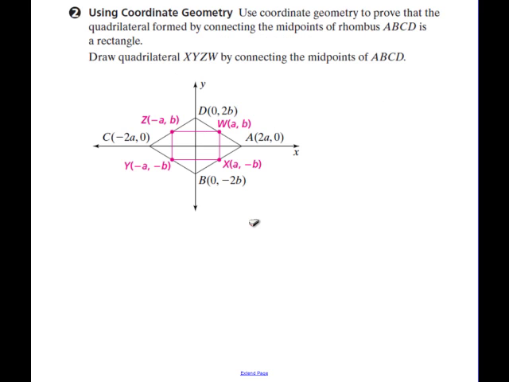So first I wanted to take a second to explain how to get these points here. They ask you to draw quadrilateral XYZW by connecting the midpoints of ABCD. So if we draw midpoint between C and D, between C and B, between A and B, between D and A, we get our 4 points. Now, if we didn't know these coordinates for the points, we could figure them out, right? If we take a look,